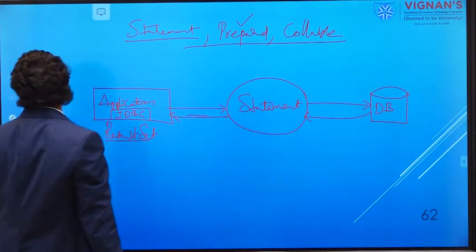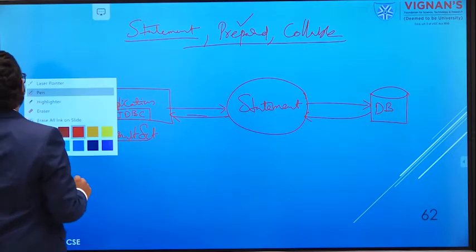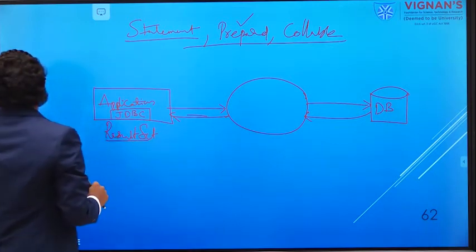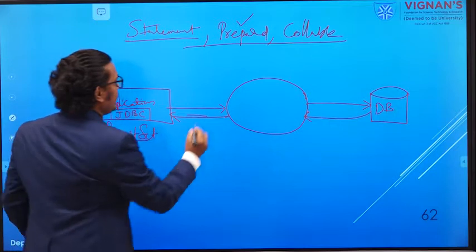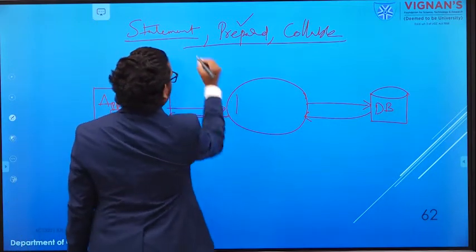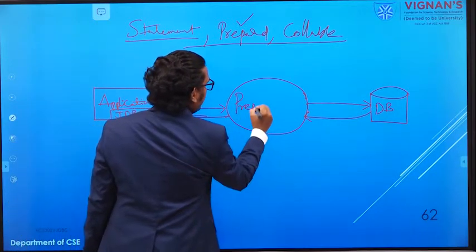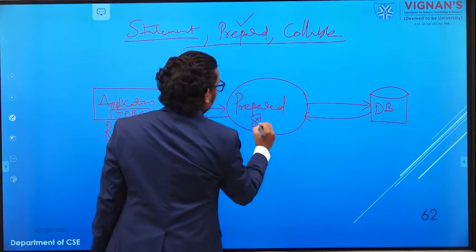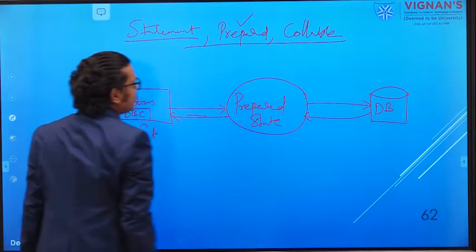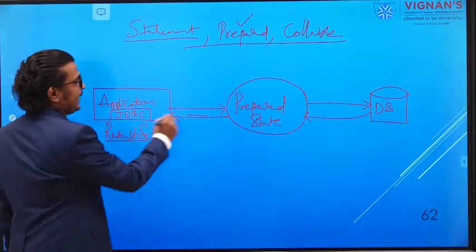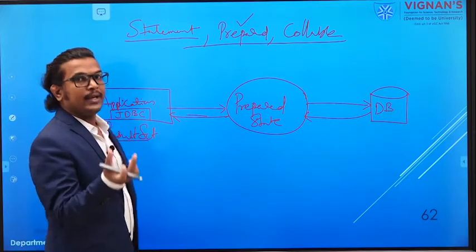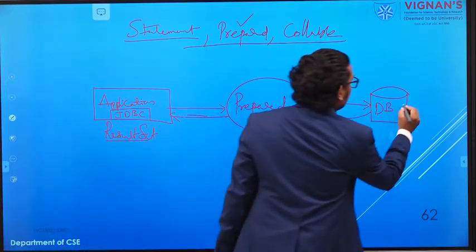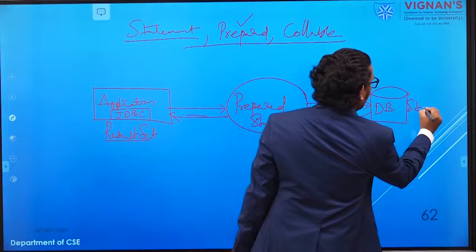Here, with the help of this prepared statement, it is the same thing, but instead of the statement object we are using the prepared statement object. This prepared statement object will take the SQL query and prepare a statement in your database.